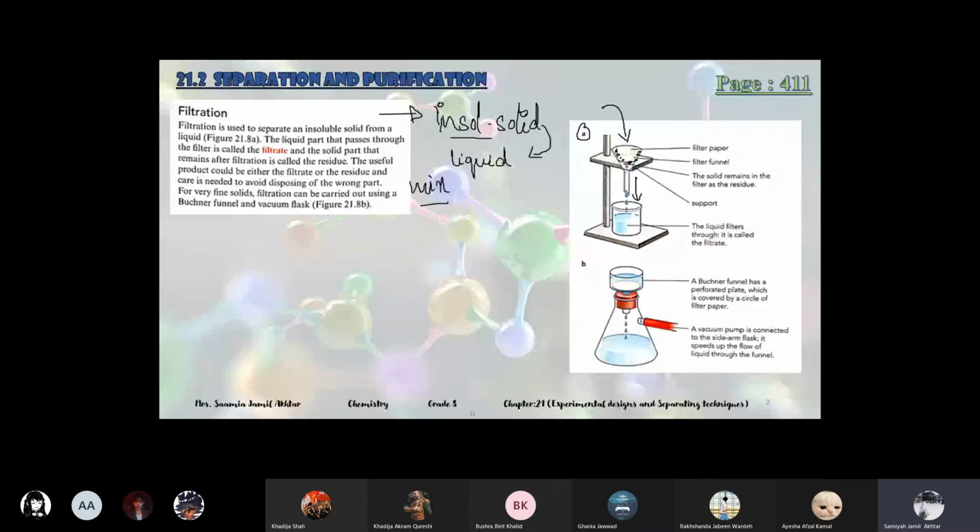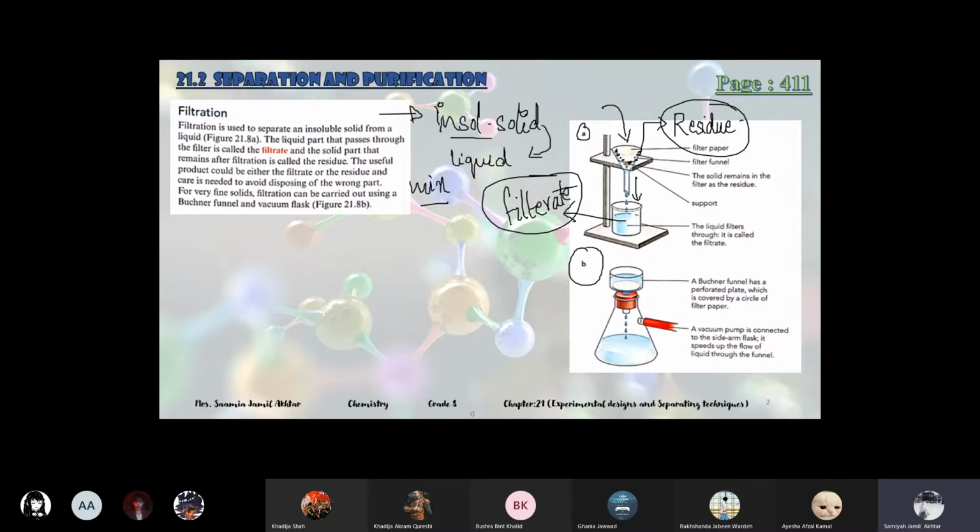The insoluble material which sticks on the filter paper is known as the residue, and the liquid which passes is known as the filtrate. Very good. That's how, with this simple technique, we can separate the insoluble solid from the liquid.